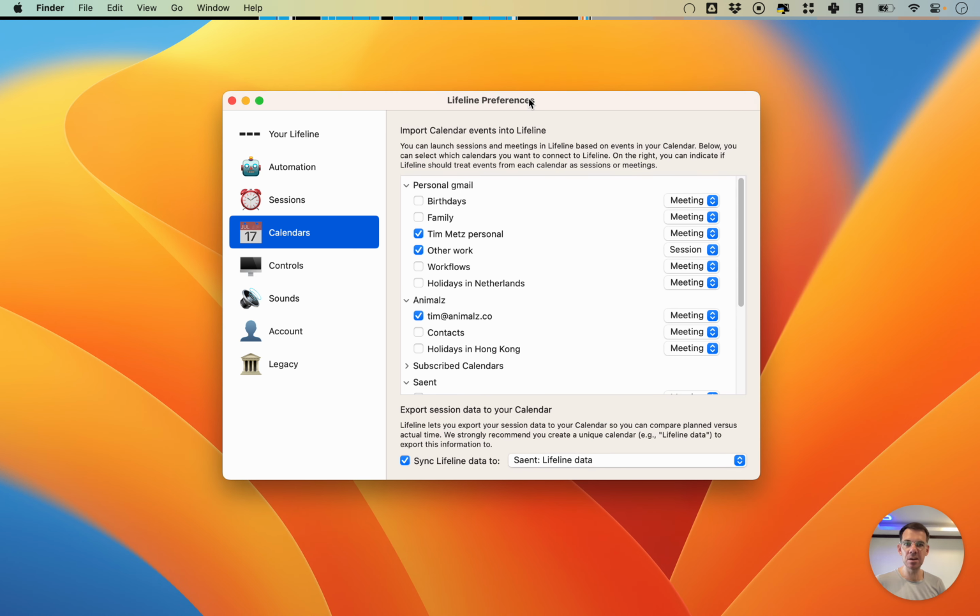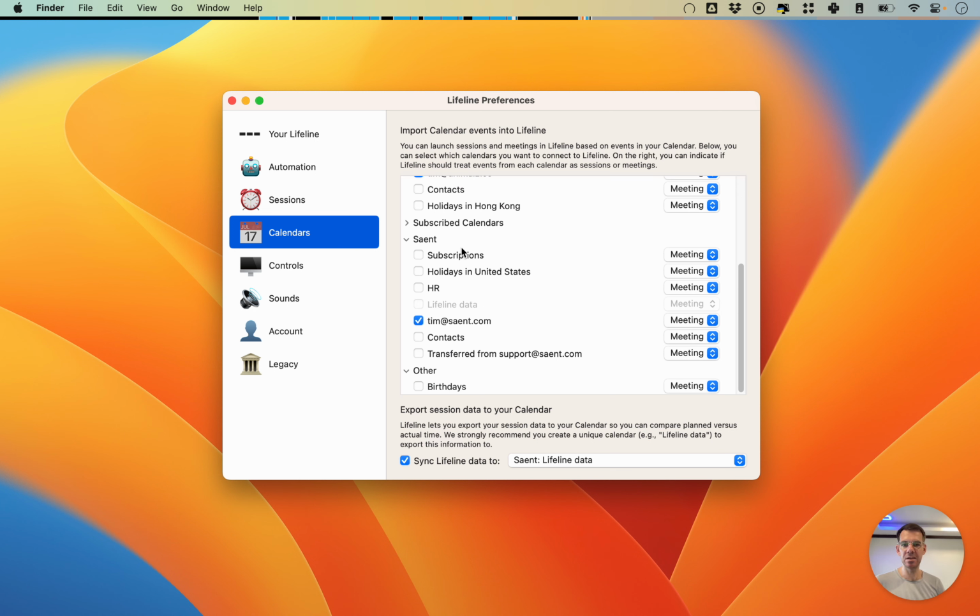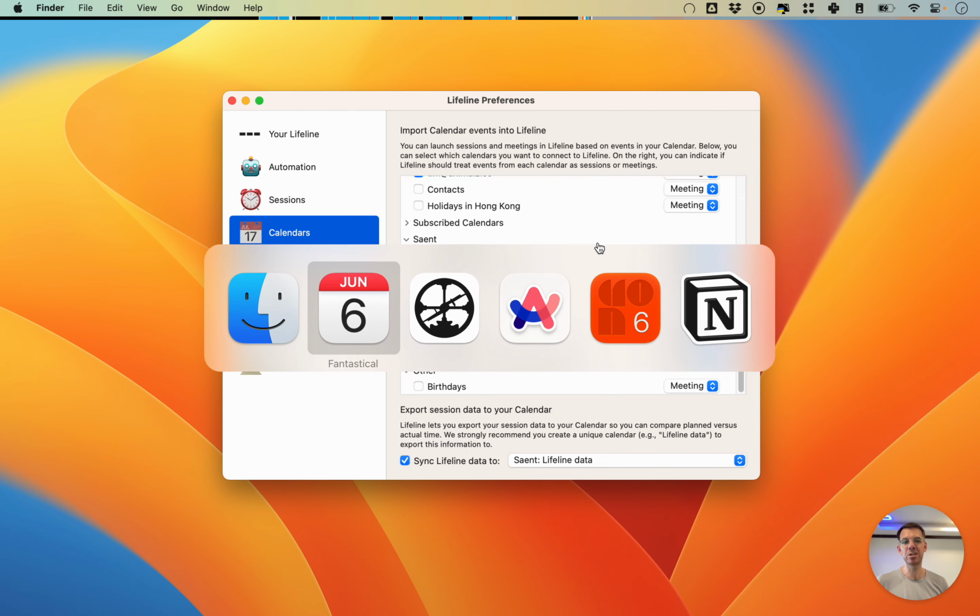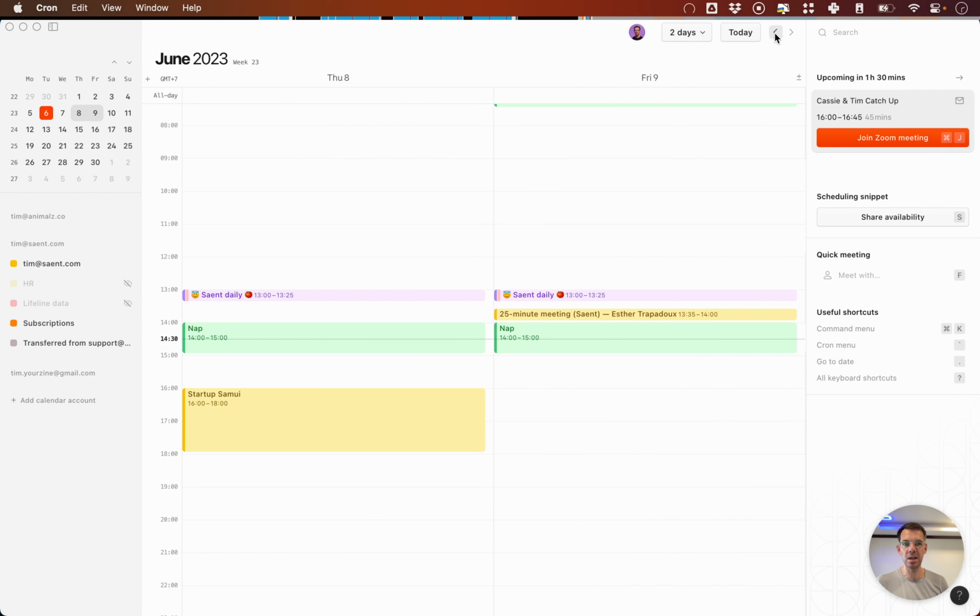The last thing you need to know about the calendar syncing function of Lifeline is that you can also sync your data back to your calendar. If you do that, I recommend you create a separate calendar track specifically for that purpose. I have one in my Sane calendar, which is called Lifeline data, which you can also not turn on because you don't want that data to come back into your Lifeline. Lifeline then exports your actual sessions to that calendar track. So if you turn on that calendar track in your calendar, you can see how much time you actually spend on certain things. So if I go back here,